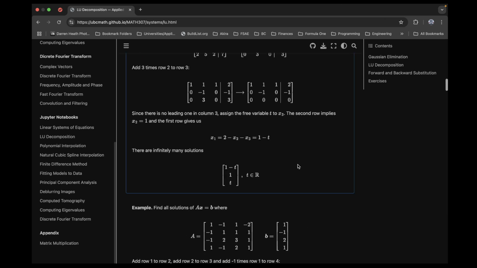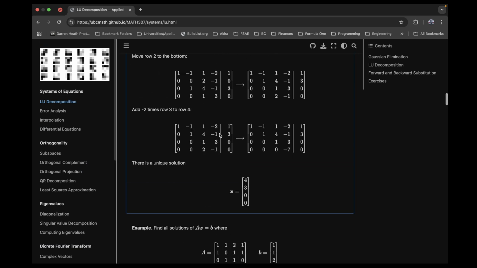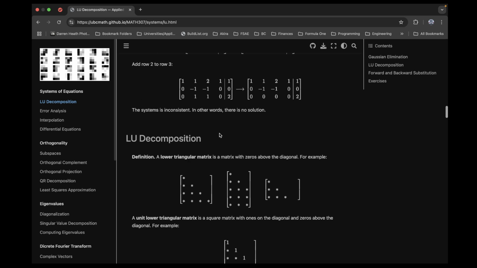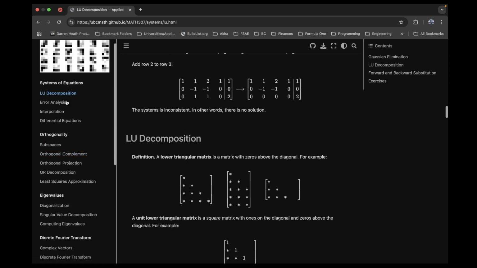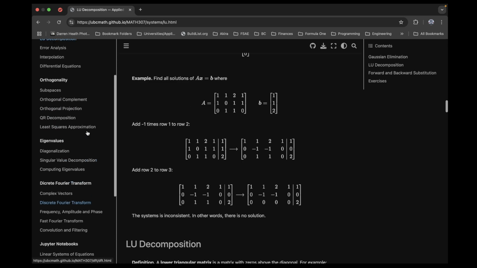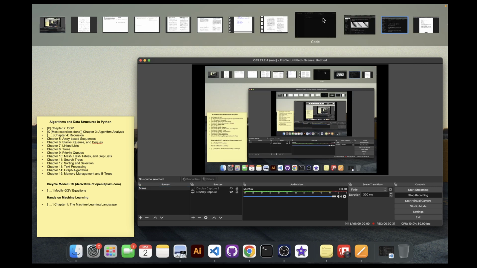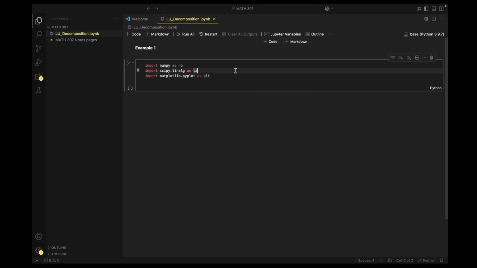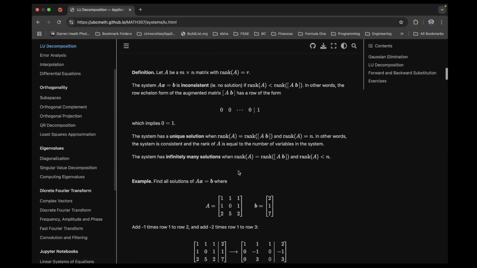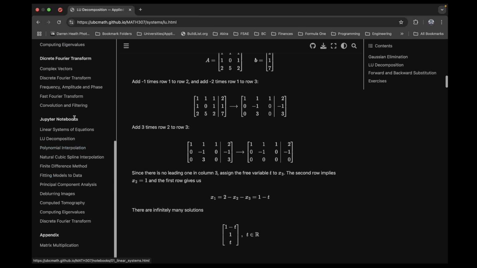So I remember last time we were looking at this example, and LU decomposition. All right, so let's type up these problems in here. So we're doing the first example, so this one, and then